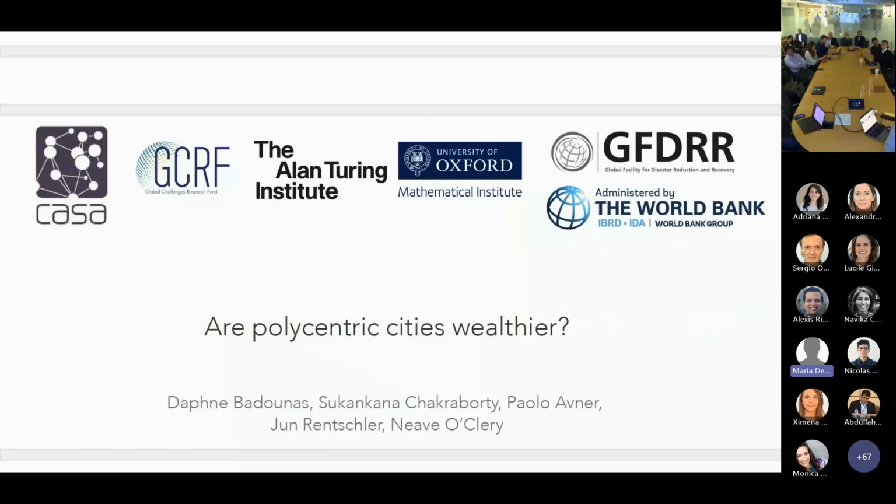Okay, so the first question we asked ourselves, obviously we now have this unparalleled potential to look at the spatial distribution of jobs in any city worldwide. So it's very tempting to look and see whether we can first characterize polycentricity for global cities and look into whether the degree to which a city is polycentric, which could be defined many ways, is correlated in some way to the wealth of the city, the GDP of the city.